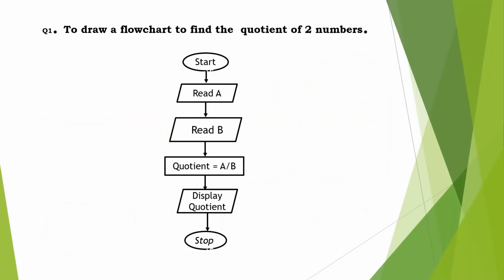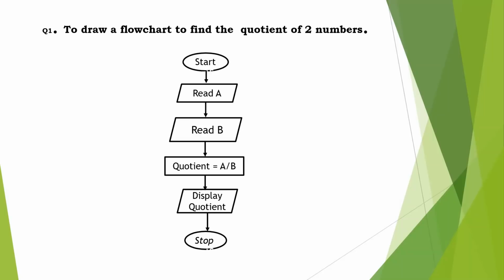Here is a flowchart to find the quotient of 2 numbers. After dividing one number by another, we get the quotient. How to find the quotient? If a particular number is divided by a particular number, to find its quotient is the question of this flowchart. Hope you all remember dividend, divisor and quotient. Any number divided by a particular number, the answer is called the quotient.